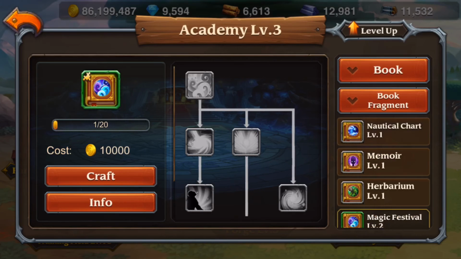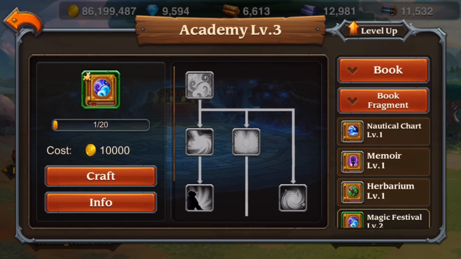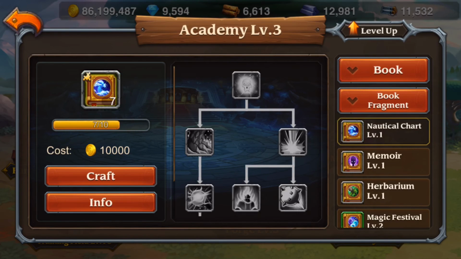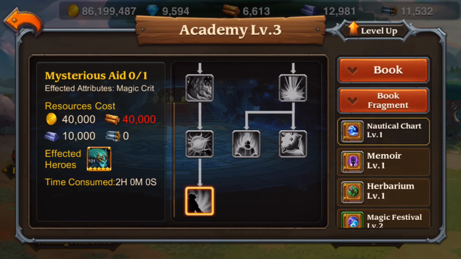Alright, the last one, the Academy. This one's interesting. On the left here you'll see a book, and when you click on it, it gives you a choice for getting pieces of that book, because it's, again, one of 20 right there. Like right now I have something of 7. And then in the book you'll see there's different skills and skill sets that apply to a certain character that you